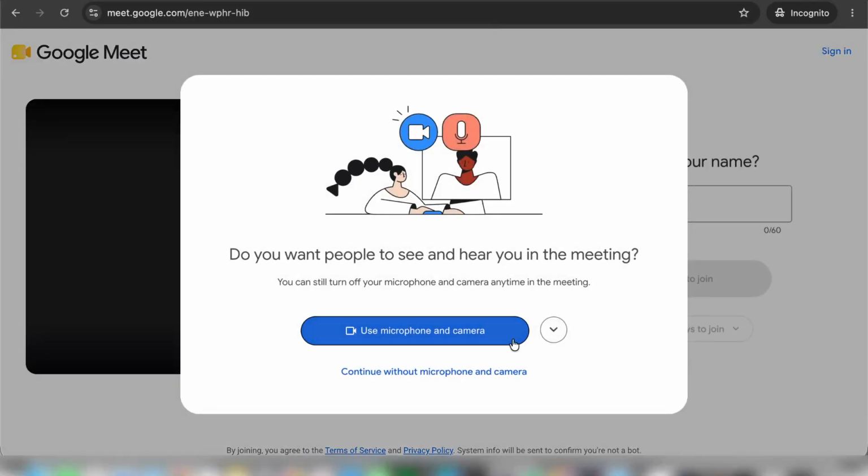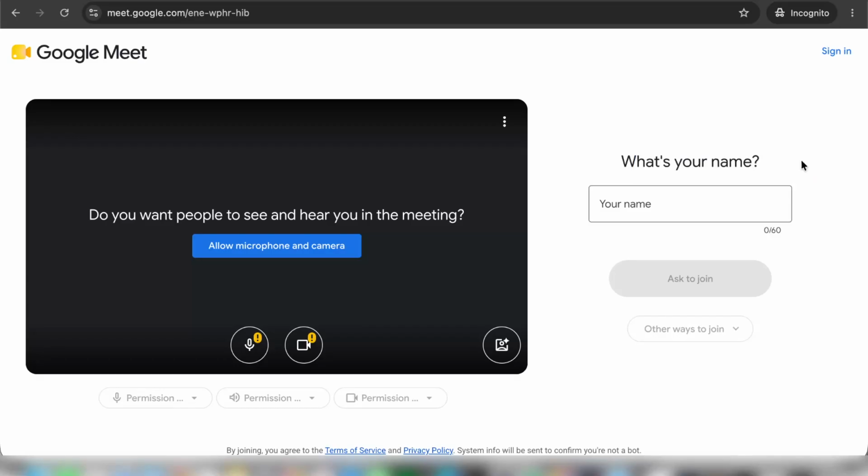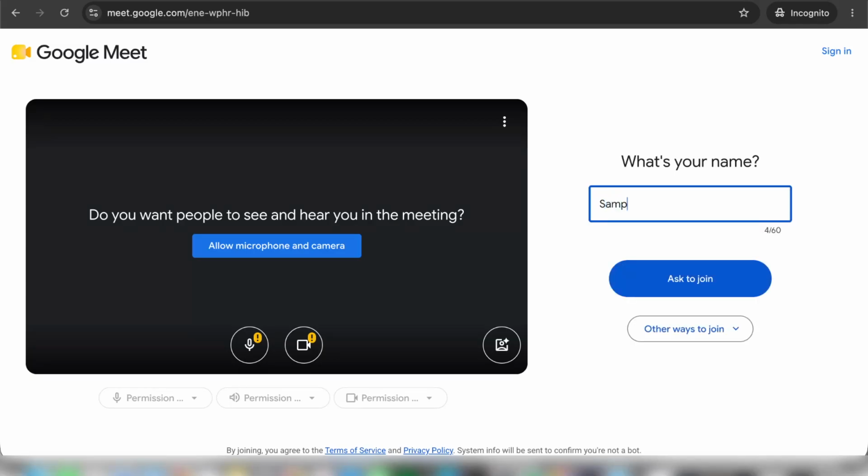Open the email or message that contains the link. It will generally look like a regular web link starting with https and followed by meet.google.com, along with a string of characters. Click on this link and it will open in your default web browser. It's important to ensure that your browser is up to date so that you can have the best possible experience